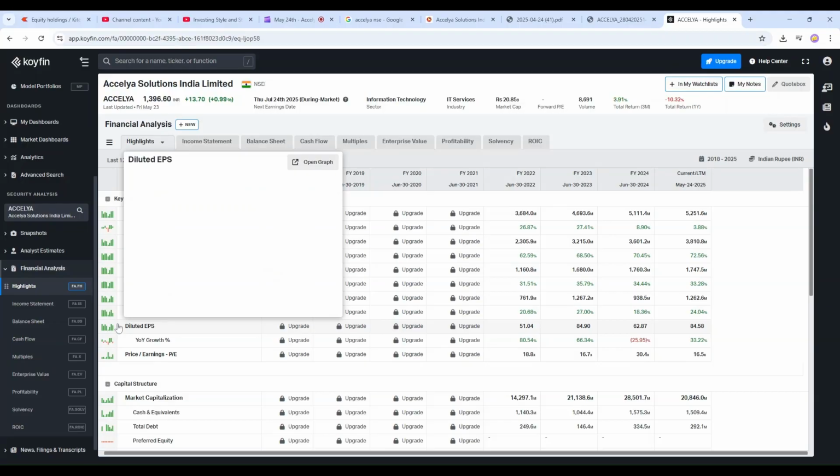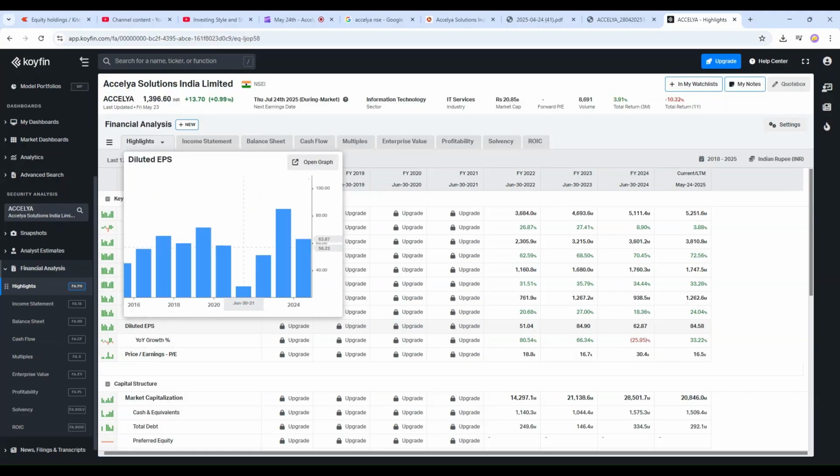If you look at the EPS, it's pretty consistent. The earnings per share is in that range around 60 rupees, and then now it's going up to 84, 85 rupees for this financial year 23. This is June 23. It was 85, then it has come down to 62 because of that exceptional item. Without that exceptional item, it will be in this range of 84, 85, and then for this current financial year, which will end in June, it will again be in this range of 84 rupees.